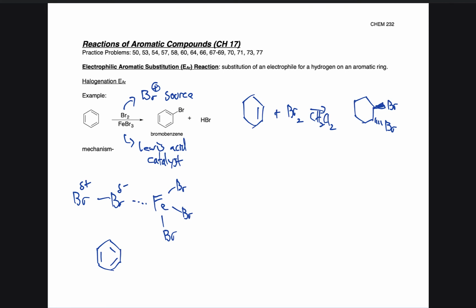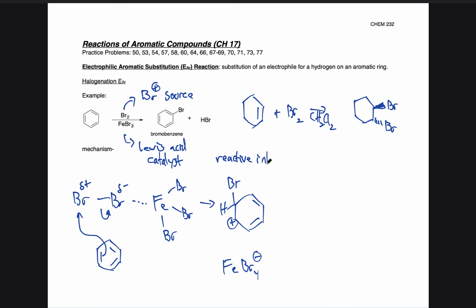the benzene ring can now, it's now ready to attack that positively charged bromine like this. And so what we get after that is this intermediate here where we have bromine, a hydrogen, and the other carbon is positively charged. So this is our intermediate here, along with this FeBr4 minus complex. This intermediate here is called a reactive carbocation intermediate, or you might see it in your book called an arenium ion intermediate, or a Wheland intermediate. It all just means the same thing,